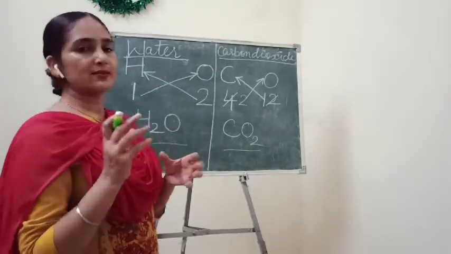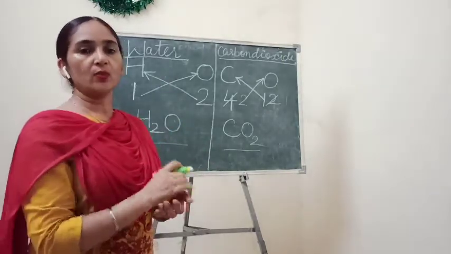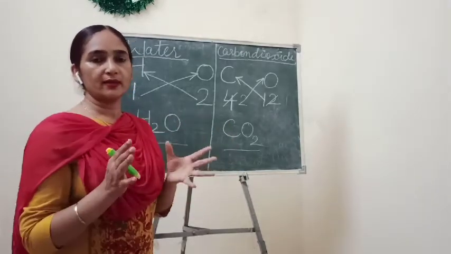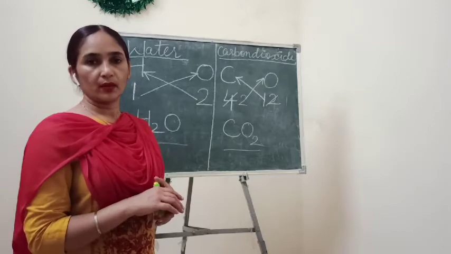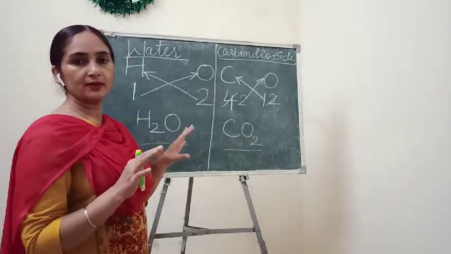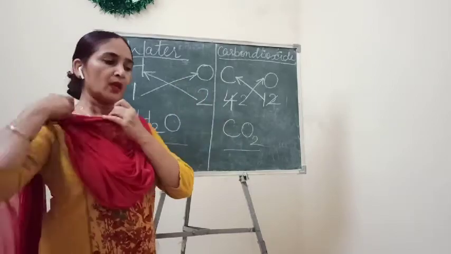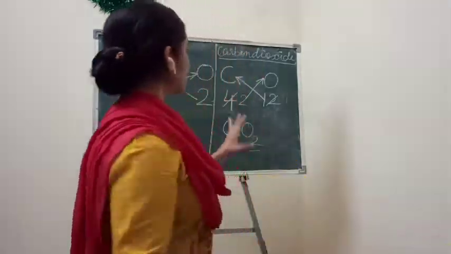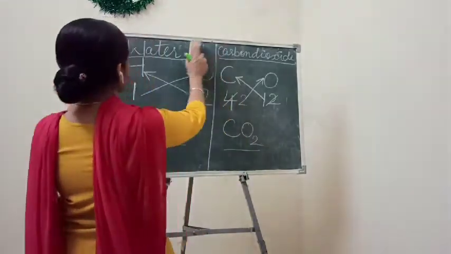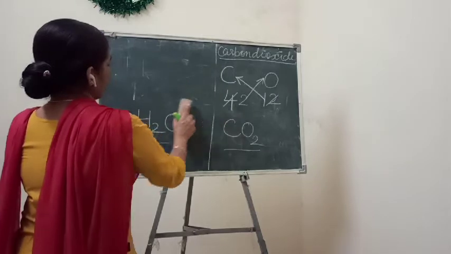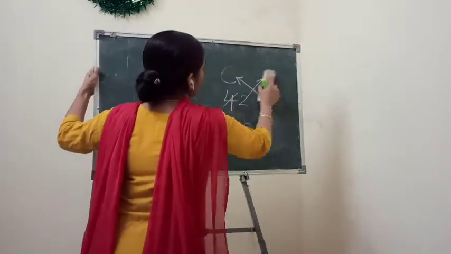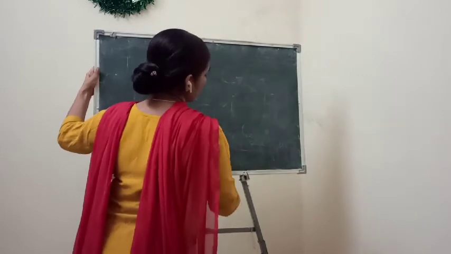This is the smallest thing which is given in your book, and you will study this in much more detail in class 9th. So you should know a little bit about what these things are and how we do this. After this topic, on how to write and create formulas, we will study chemical equations.